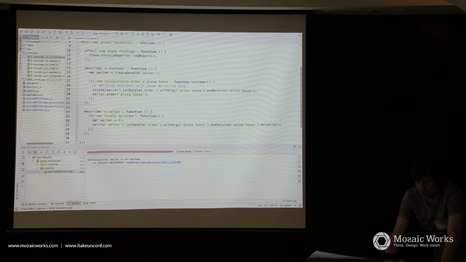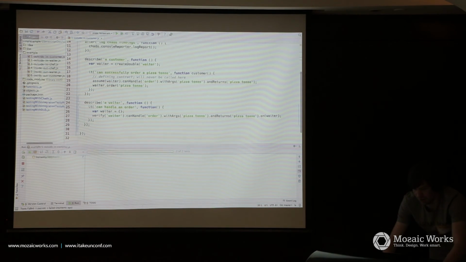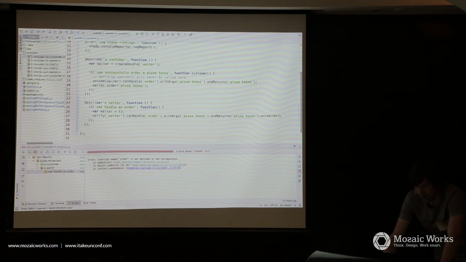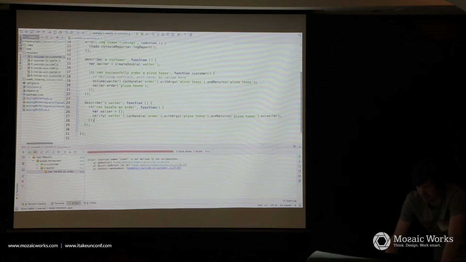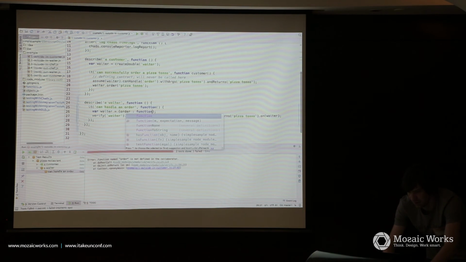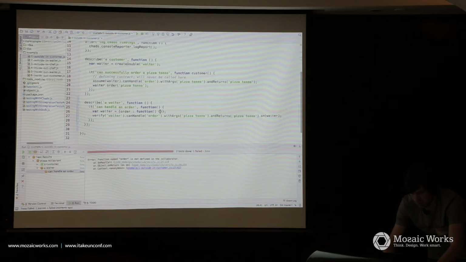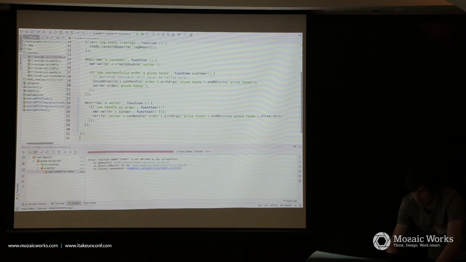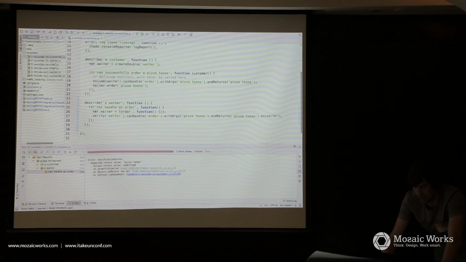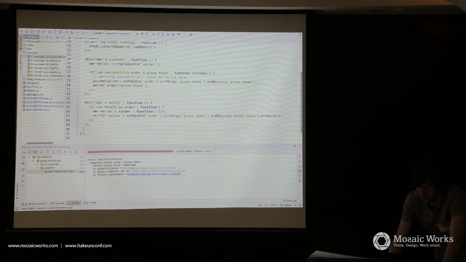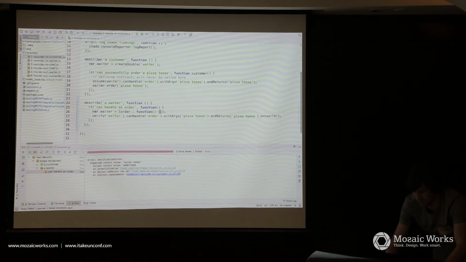So we just create a waiter. Let it run again. Oh, order is not defined. Let's define order. That's great. But now it should run. Our expected return value is Pizzadonna, but you returned undefined.